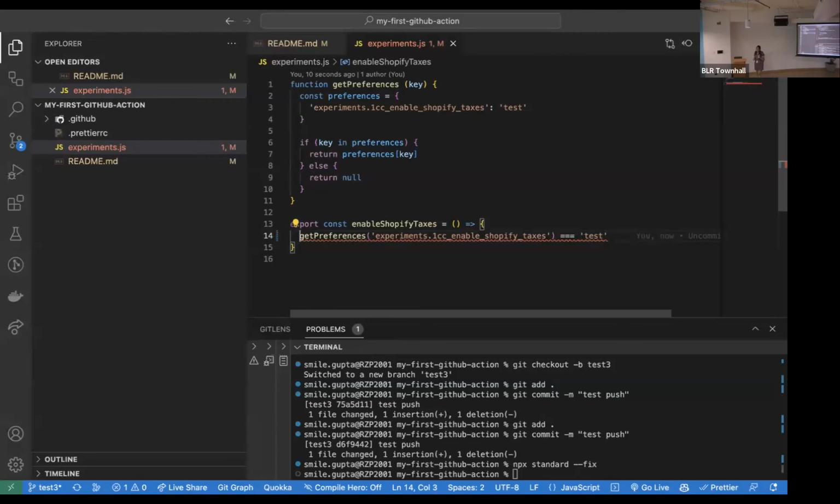ESLint was not able to catch it. Prettier will never catch it. But then I came across... Then it went to production, and then we got,